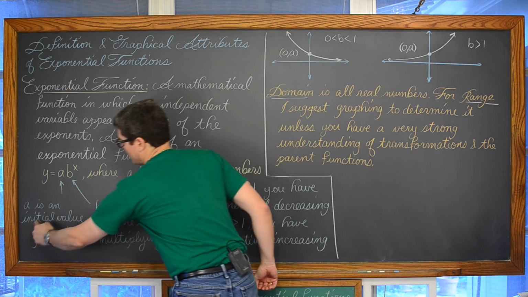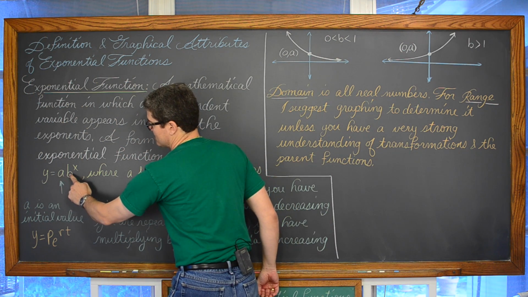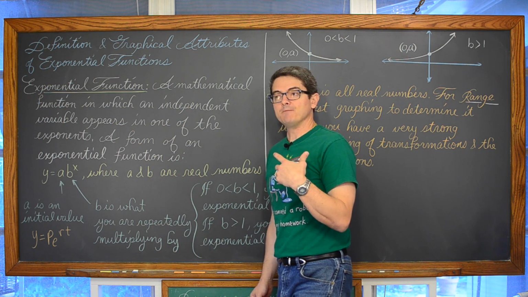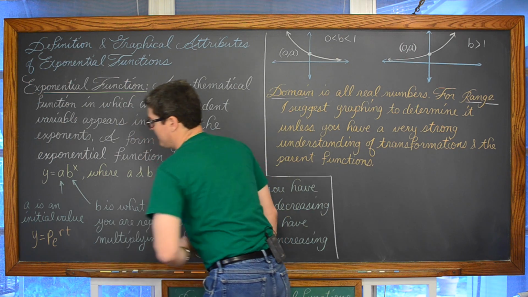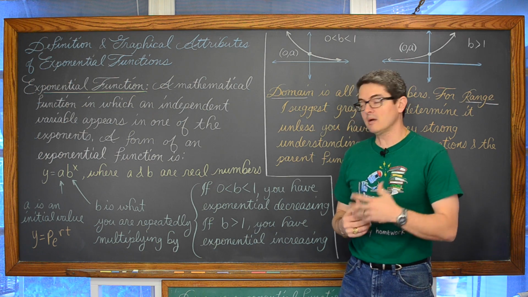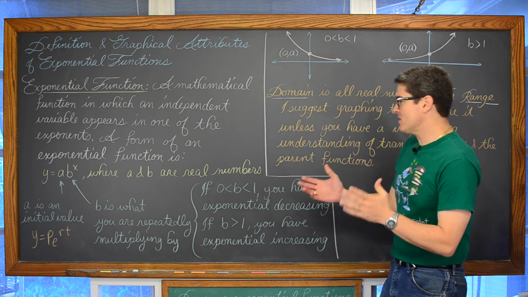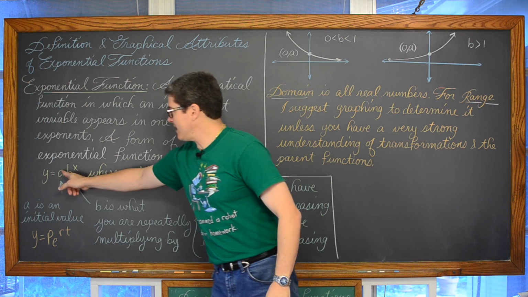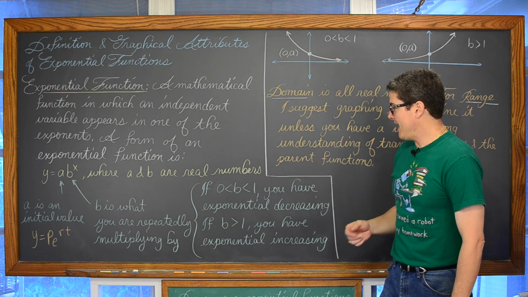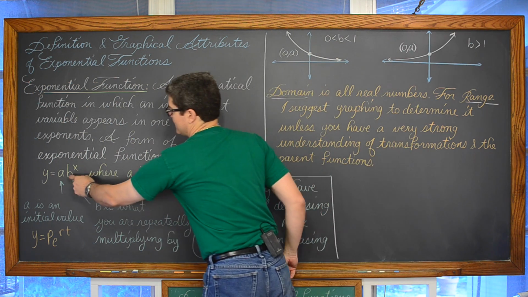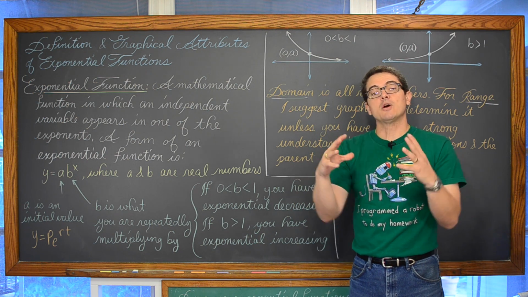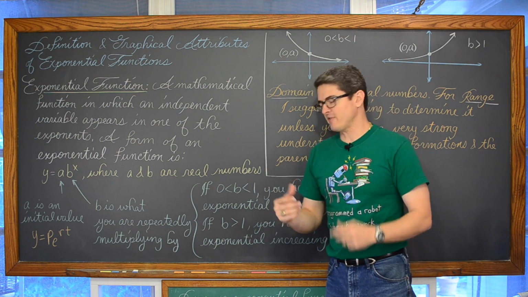So it's a version of this formula we have up here, something times some kind of common base raised to a variable exponent. And with compound interest problems, that variable exponent is in number of years usually. So a is our initial value, and b is what you're going to be repeatedly multiplying by. That base of the exponent, b, might be a single number, or it might be some kind of expression wrapped in parentheses for other types of financial examples.